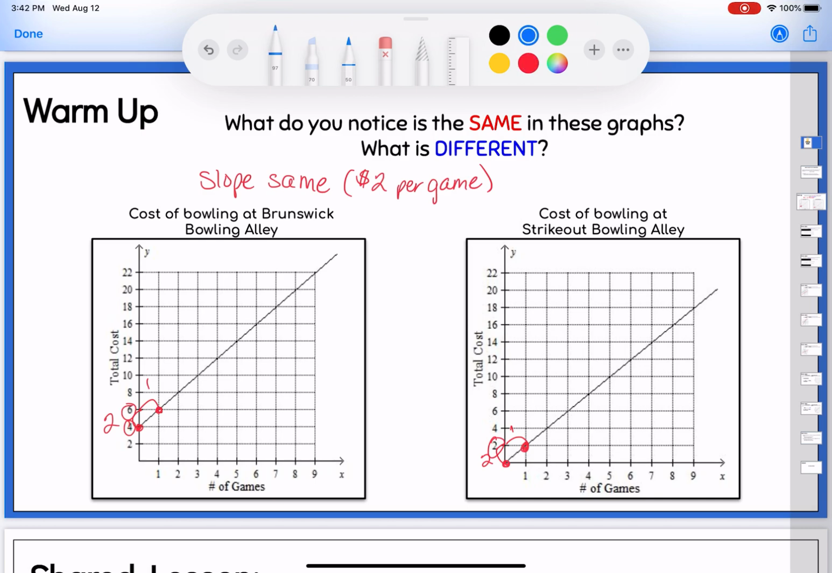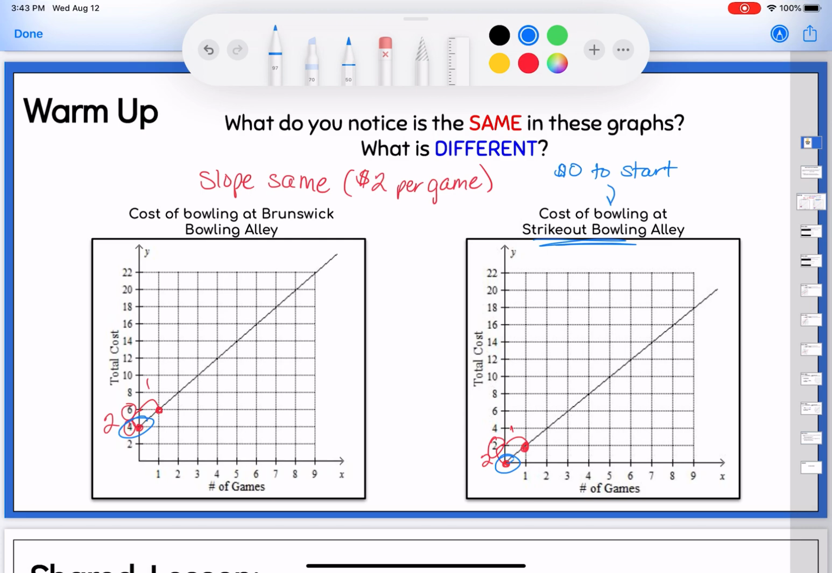What I see as different about the two is the y-intercept, right? For Strikeout Bowling Alley over here on the right, my y-intercept is at 0, meaning all I have to pay for is the cost of each game, right? If I don't play any games, it's $0. If I play one game, it's only $2. So there's $0 to start